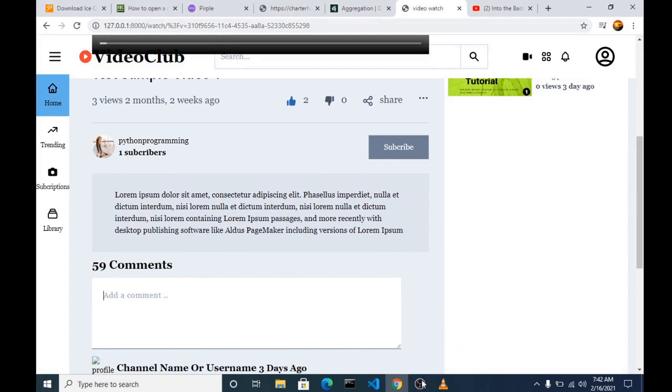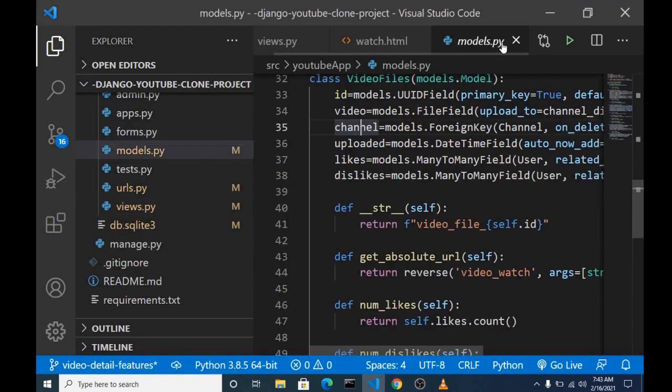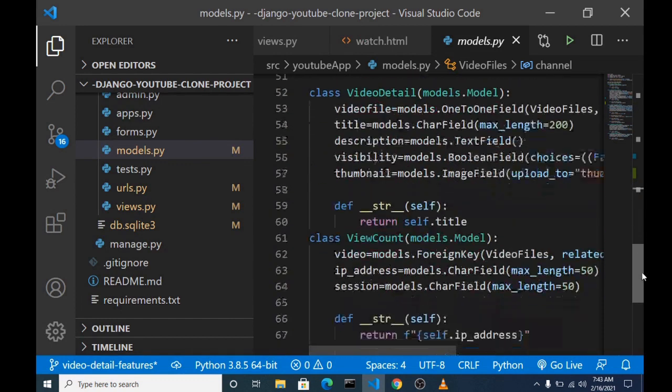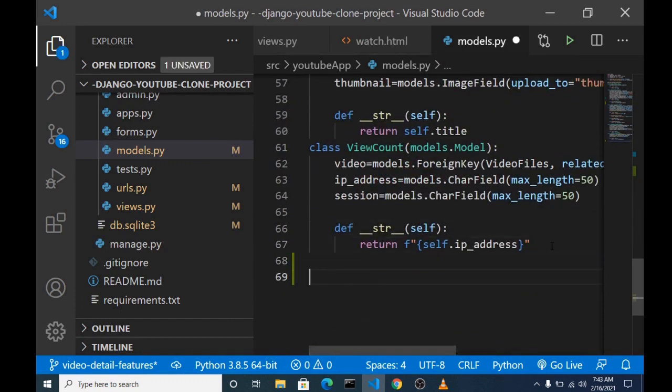So for all that, we have to create our comment model. So head back to our model file. So we're going to create a simple model where we're going to store our comments, which is also going to have a kind of relationship with the video and the users that are providing the comments.